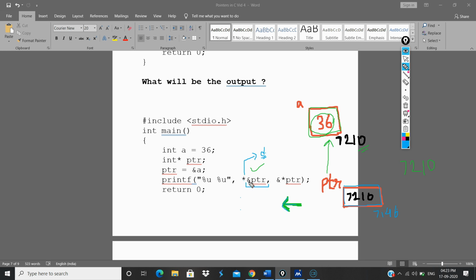So the result of the address of PTR is 7146, and star of 7146, because the address of PTR is 7146, means give me the value at address 7146. It is dereferencing. What is the value inside address 7146? It is 7210. So the result of this entire expression will again be 7210.